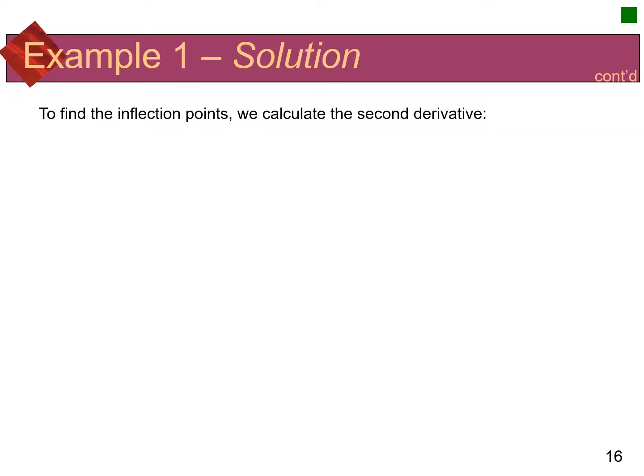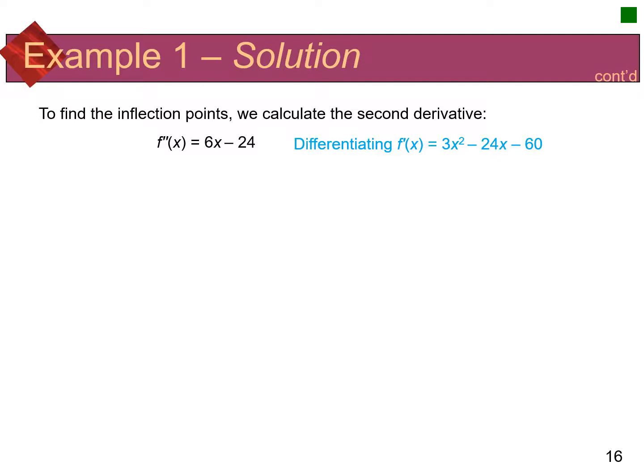Now to do the other part of the graph to make it even more accurate, I'm going to look at the inflection points and where it's concave up and concave down. So I'm going to look at the second derivative, which is again basically taking a derivative of the first derivative. If I'm differentiating f prime of x, we had gotten that f prime of x was 3x squared minus 24x minus 60 in the previous example. So now I'm going to do the second derivative. I'm going to differentiate that, and I get